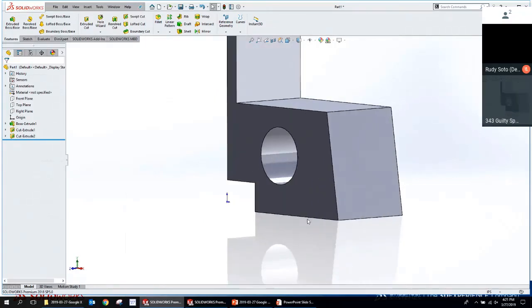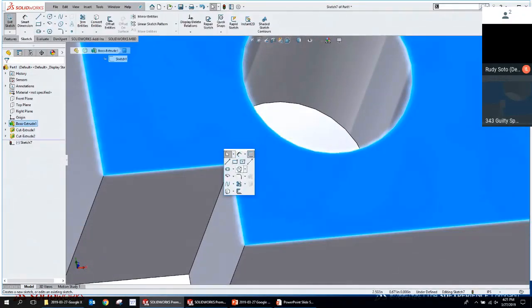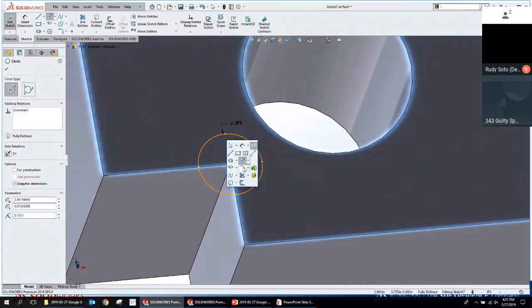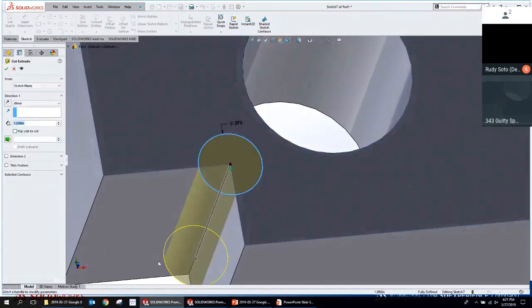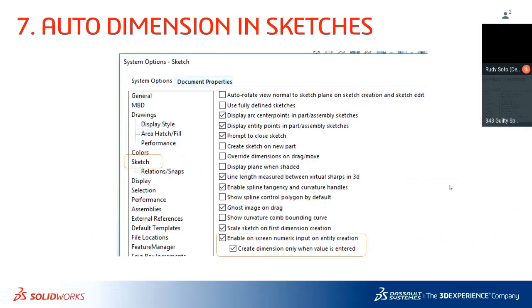So it's all these little cool workflows that you can start to learn that can really save you a lot of time with that S key circle, and then being able to add in the dimension. So I just let go of the mouse and then I add in the dimension that I want. That one is a huge time saver and one that you can imagine I use all the time. How many people are using this one currently? Anybody using this one? Okay.